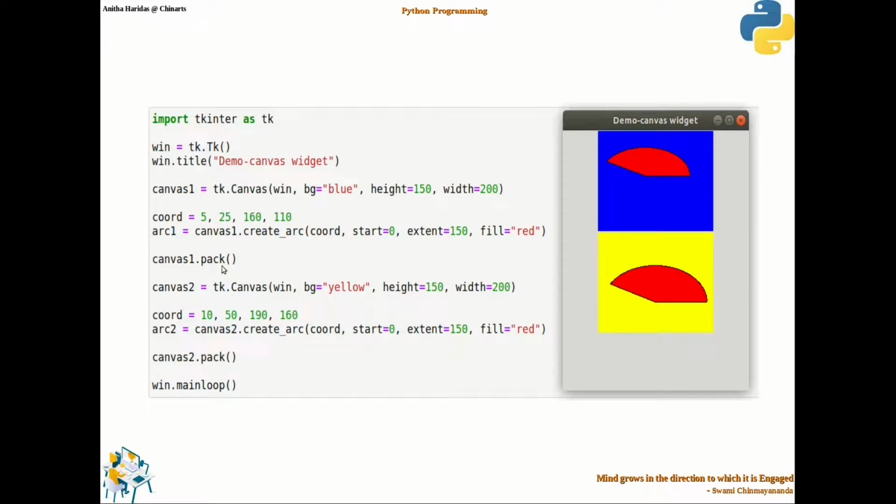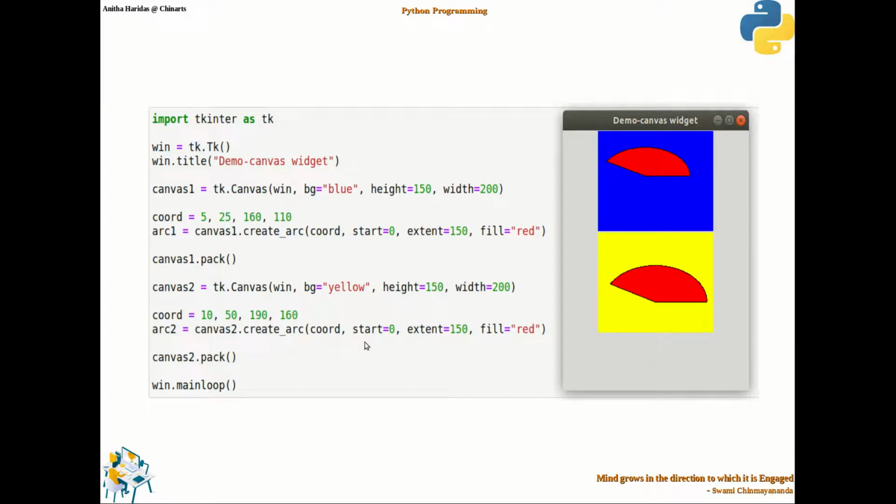By default, the packing will be done in the center, you know that. Then I am going to create the second canvas with the background color yellow, and the same height and width, 150 and 200. Then as usual, if you want to create an arc in this particular canvas also, you need to specify the coordinates.